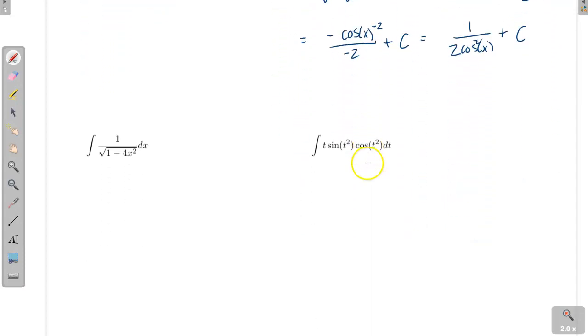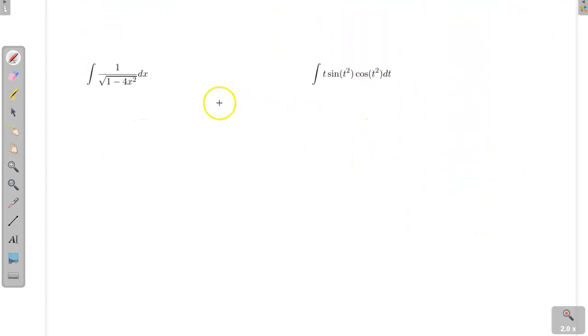This next one looks really complicated, right? It's a square root. You can't just rewrite it as a power of x or something like that. But this follows the same pattern as one of our inverse trig derivatives. So this one we're going to rewrite as 1 over the square root of 1 minus (2x) squared dx. For all those inverse trig derivatives, if we rewrite them as this thing being squared, that's going to be important. This one follows the arcsine